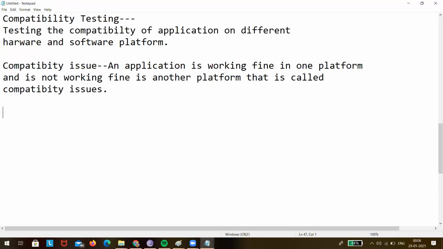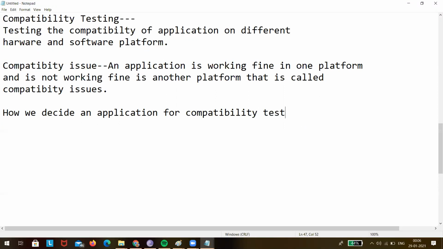So the next question is how we decide an application for compatibility testing.